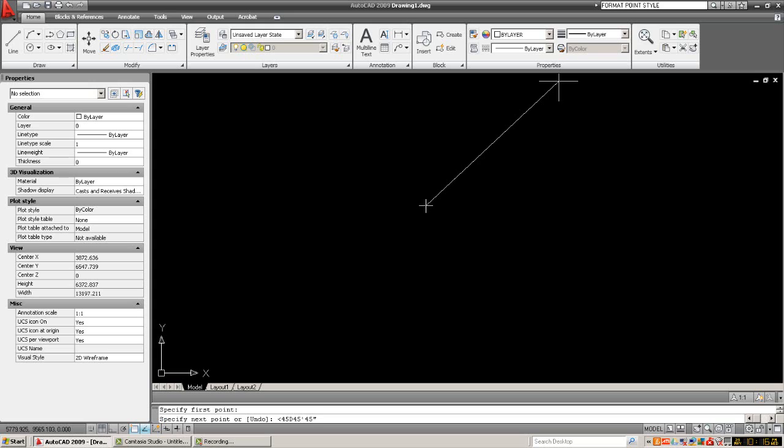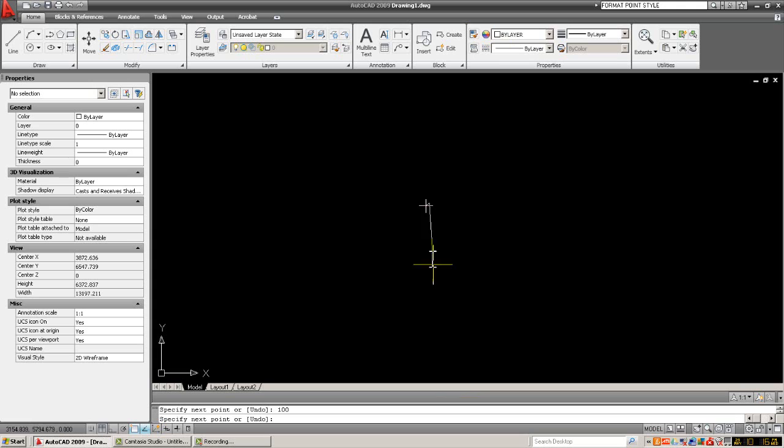Typically that's one I use, and we push enter, making sure that in the command line we get the angle override. So that's where the angle override is. Remember that that'll be 45 degrees, 45 up there, but down here would be 180 different, 225, 45, same line, 180 degrees different direction. So let's put that in as 100